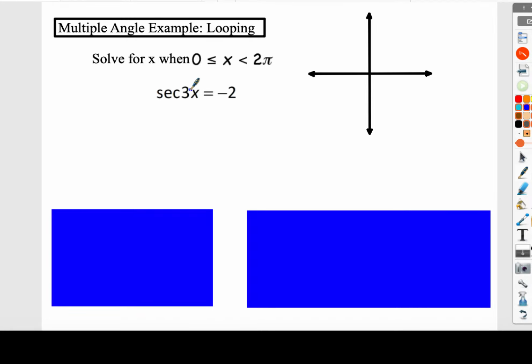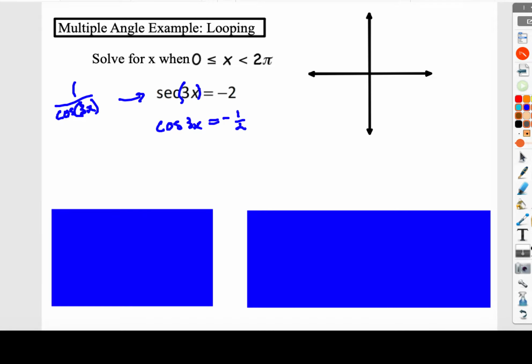But secant of 3x. Now, imagine that it's really just an angle. It's just a multiple angle. But I'm going to put that parenthesis back in because really that's just one simple angle. So I'm going to approach this like I normally would. I don't really like thinking about secant, but I know that the secant is 1 over the cosine, right? Therefore, 1 over the cosine of 3x. So if I take its reciprocal, the cosine of 3x should be equal to the reciprocal on the right,